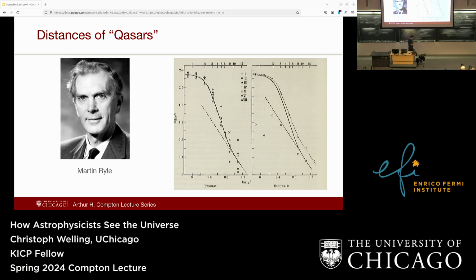And if we live in this infinitely old universe that has been basically the same forever, then we would expect this curve to follow this straight line here. But you can see it's very different from that. There are much, much more of these fainter sources than we would expect in an infinitely old universe. So this tells us that these sources must have been more common in the earlier universe. And this was one of the good pieces of evidence that the Big Bang is probably a good theory.